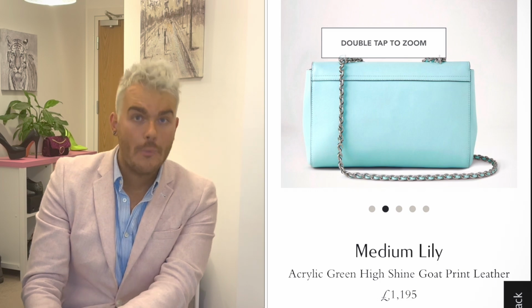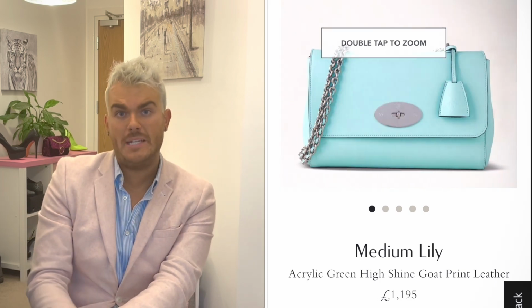So if I was going to buy a Lily, this would be the one that would really turn my head. I kind of wish that it was in the oversized version, just because from a size perspective, I prefer that. I like a larger flat bag, but it's a beautiful piece. The silver hardware, you don't see that many Mulberries with silver hardware, so I really love this, and I love that kind of turquoisey seafoam green. I think this feels to me like it leans more towards blue than it does green, but hey, each to